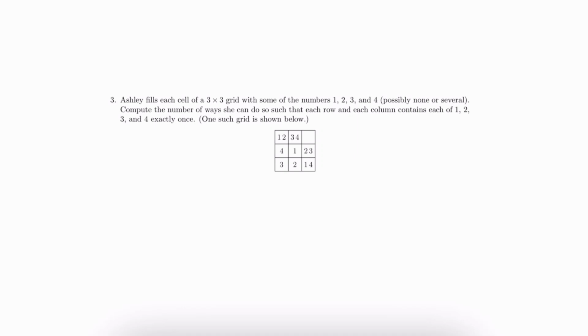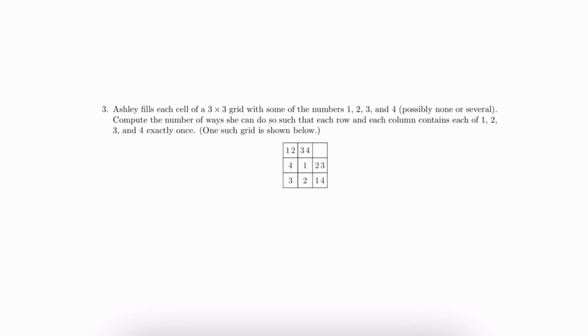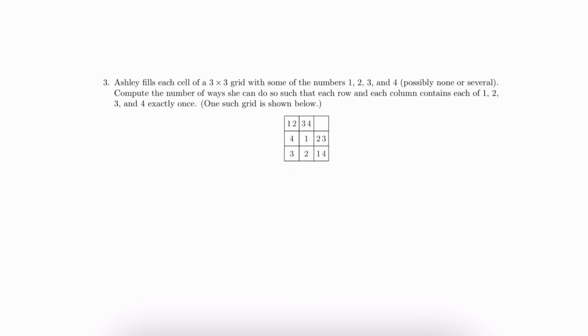Today we have problem 3 from the general round of the Harvard MIT math tournament this year, where we're given that Ashley wants to fill each cell of a 3x3 grid with some of the numbers 1, 2, 3, and 4, possibly none or several, and we want to find the number of ways that she can do so, such that each row and each column all contain each of 1, 2, 3, and 4 exactly